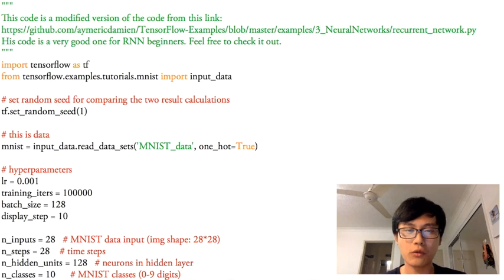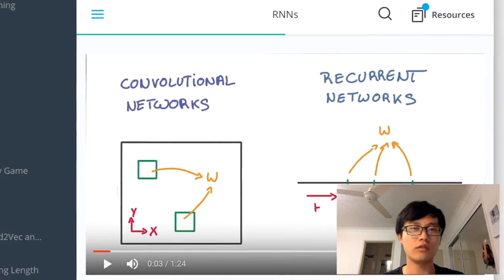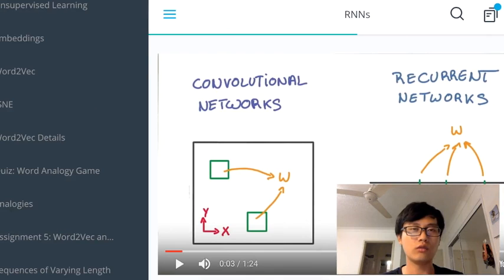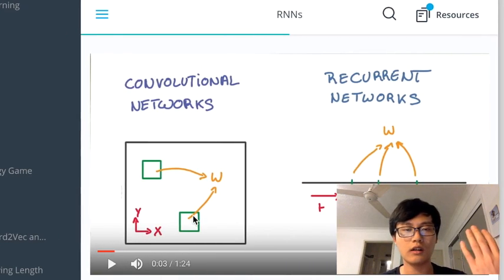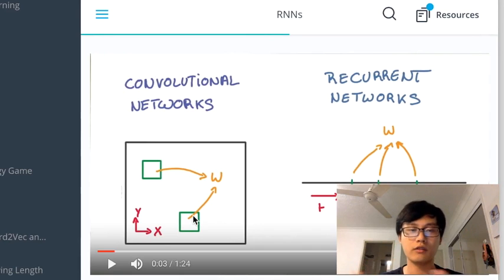Before the example, I highly recommend you go through the tutorials created by Google, and I will show the links in my description. This tutorial introduces what RNN is and compares CNN and RNN, and the difference between them. Basically, the RNN is to learn sequences of data based on the sequential order of the data. So go through that tutorial and then come back to mine,